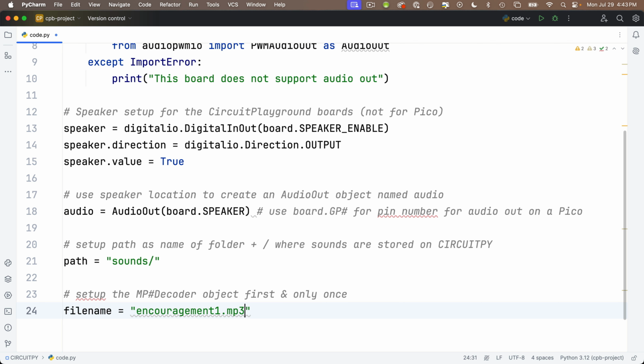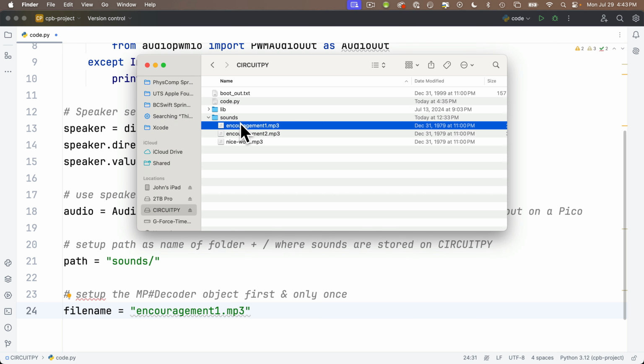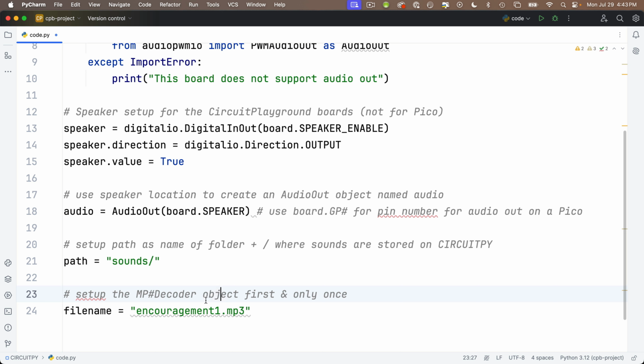And if you're worried about getting the spelling right, you can just pull up your CIRCUITPY volume, find the file you want, press return on it, Command A to highlight all of the characters, Command C to copy it, and then head back in and paste it between the double quotes. I do stuff like that all the time because I'm a terrible speller and I have terrible vision, a terrible